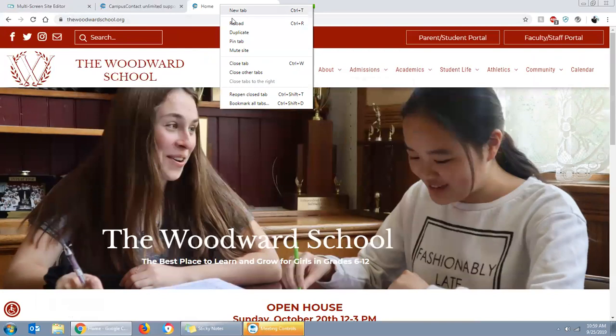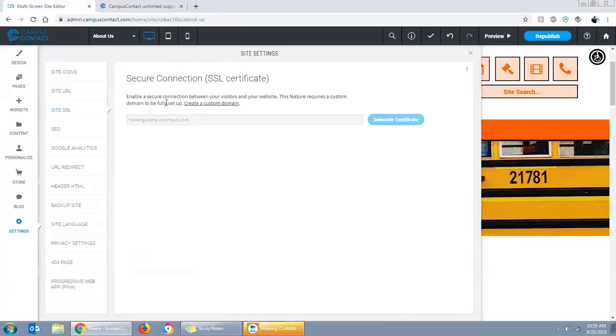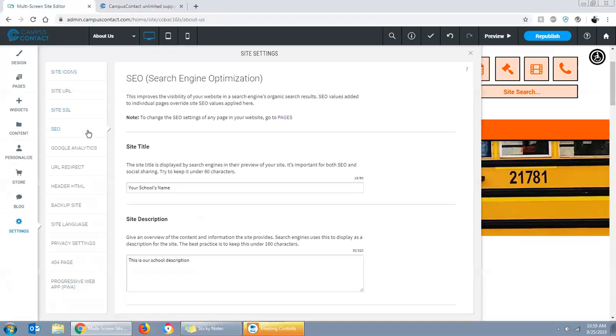So it's going to be important for you to understand that we do that part for you. There's nothing you need to do for SSL. There's no additional cost. We just make that happen. Below that is the SEO, and this is at the site level for the SEO, not at the page level,